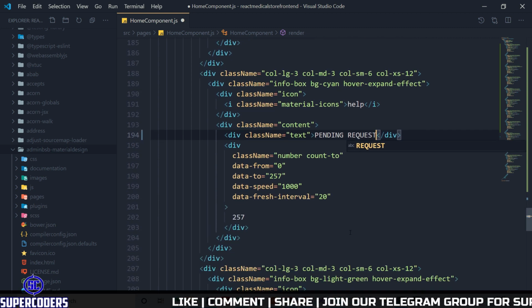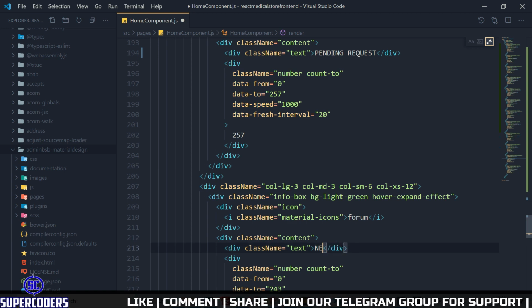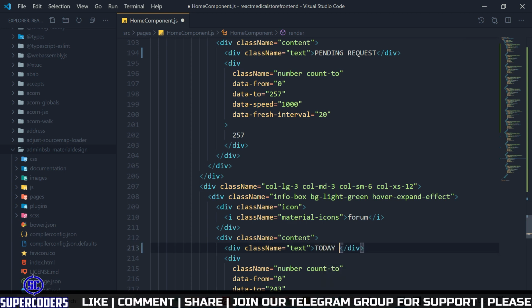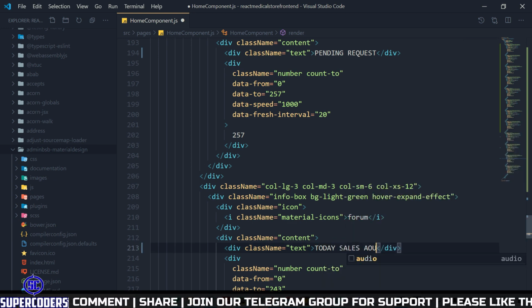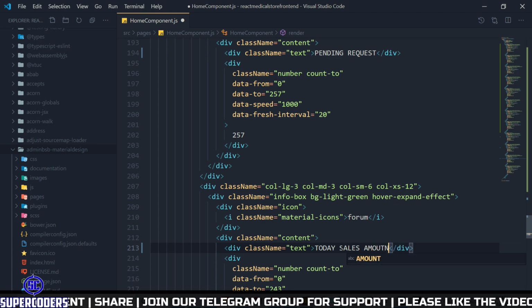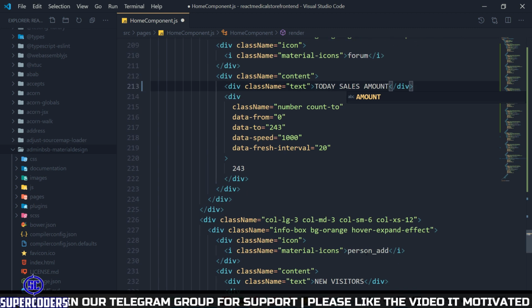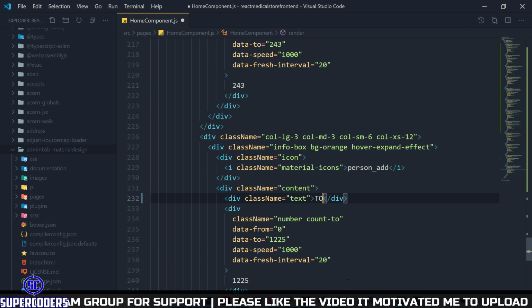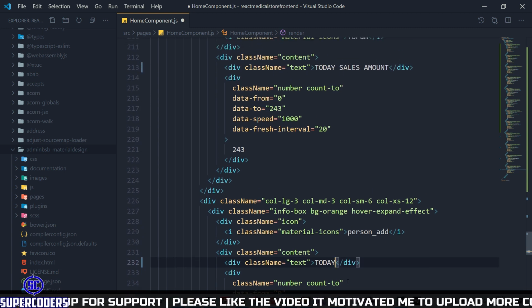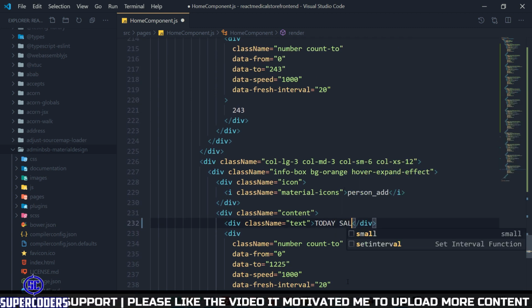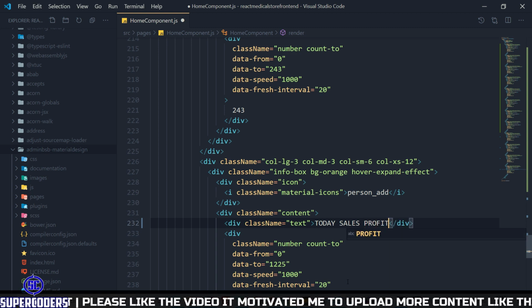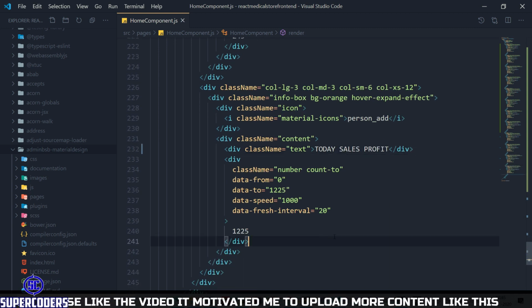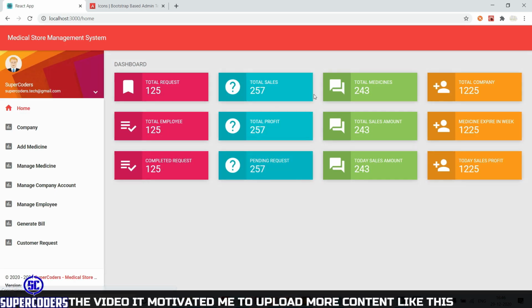And next is today sales amount. Then today, let's see, today sales profit. Now save it, back to Chrome, and you can see all the text has been changed now.